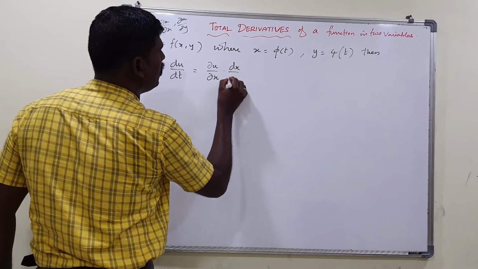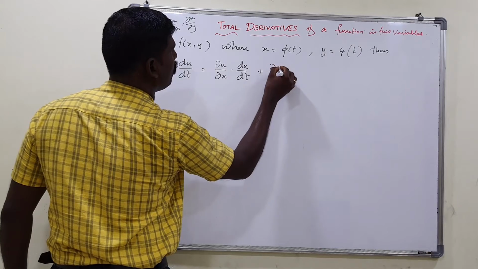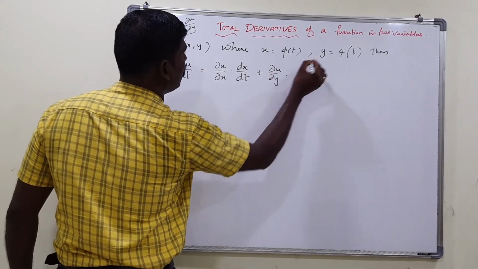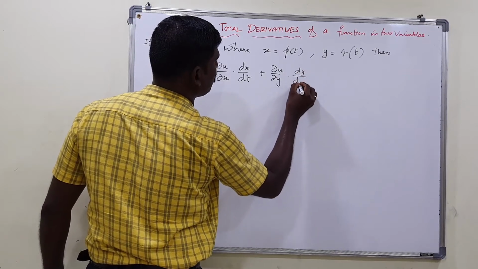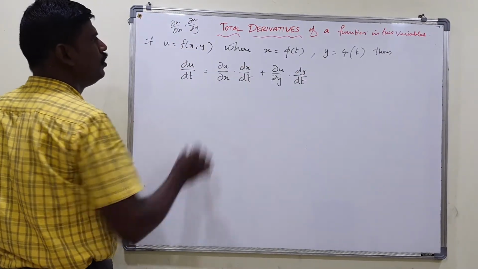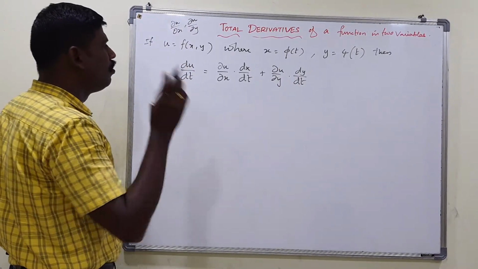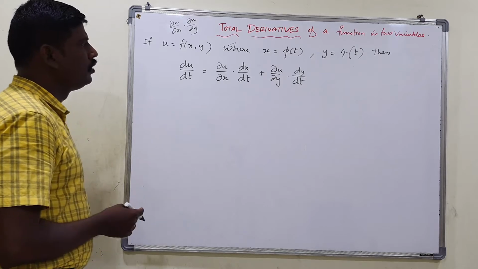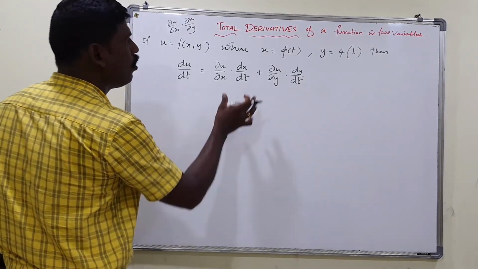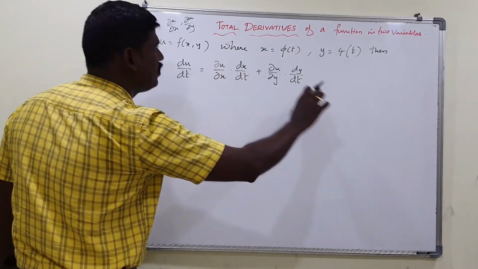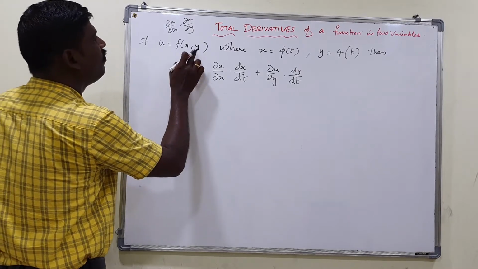So dx by dt plus dou u with respect to y partially, dou u by dou y, and then y is here, so the derivative of y with respect to t. So if you put dou, there is no problem, because there is only one variable in the right hand side. No need to mark up this formula, right? So in the problem, I can easily explain how to write this formula based on the given problem. Okay, right? So now u is a function of x and y.